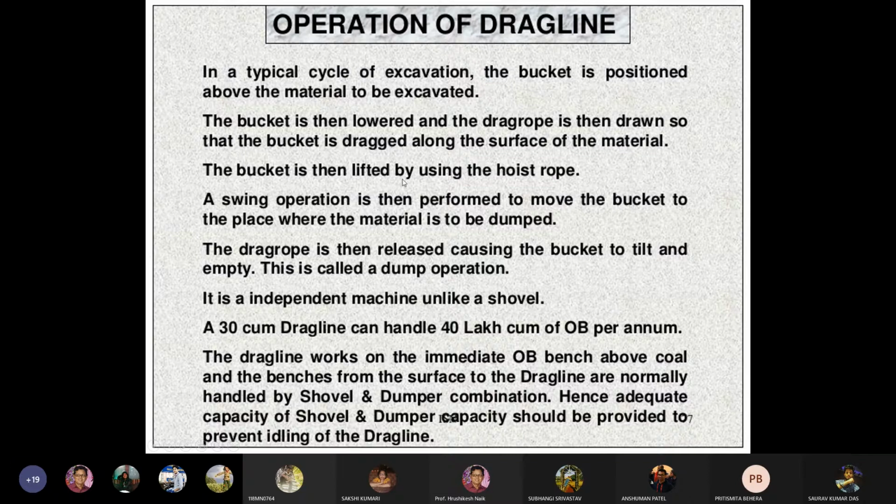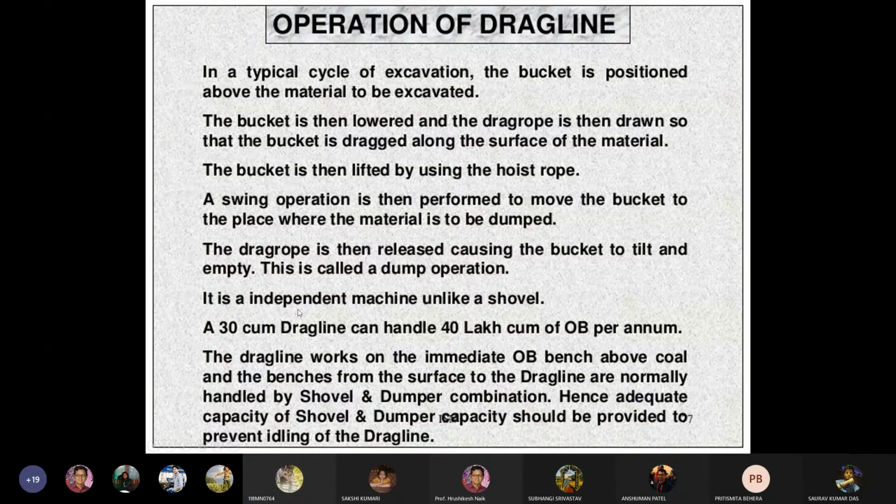By using the hoist rope, the bucket is lifted. A swing operation is then performed to move the bucket to the place where the material is to be dumped. The drag rope is then released, causing the bucket to tilt and empty. This is called a dumping operation.